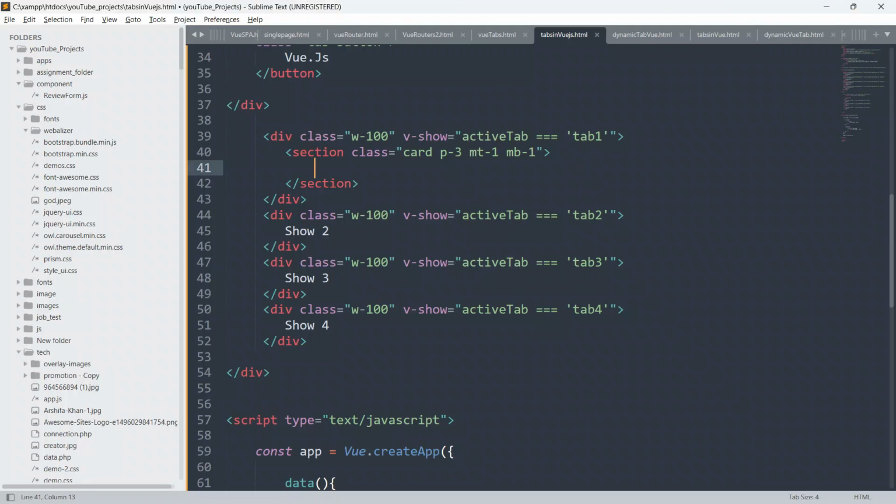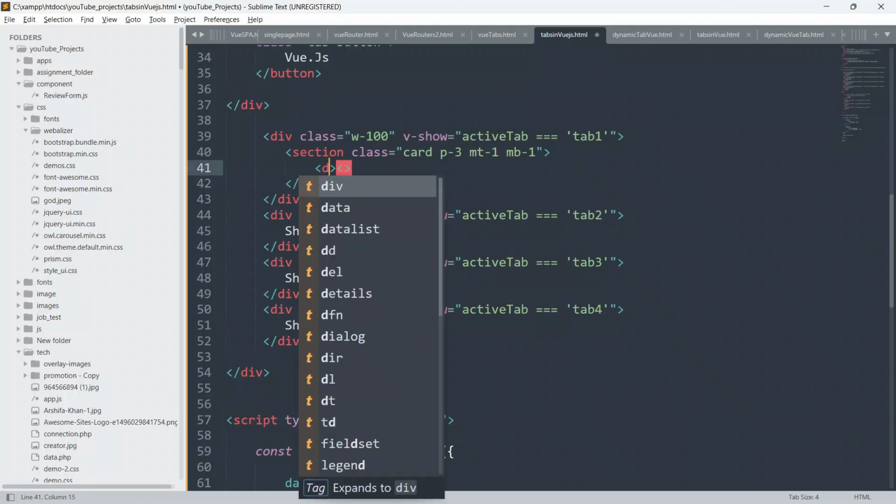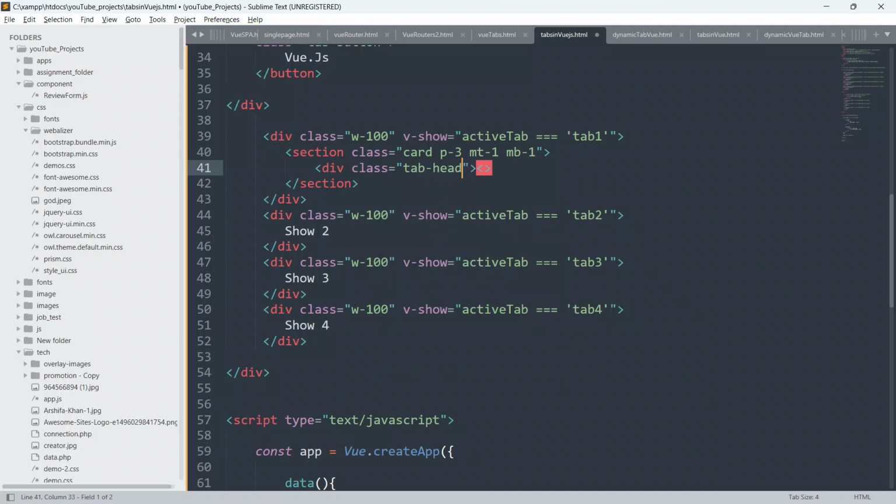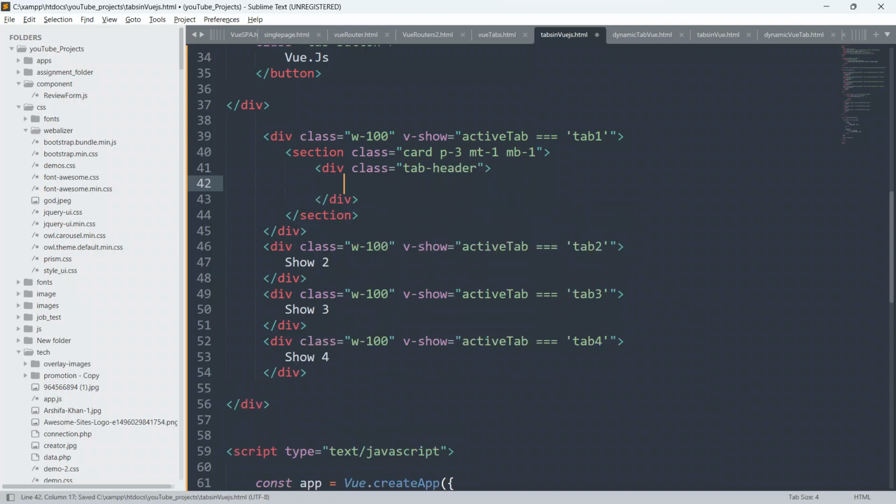So I will create a div first. Give it a class as tab-header, and close this div, and inside this I'm gonna create an h1 element.